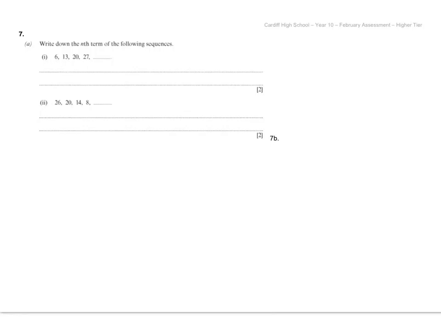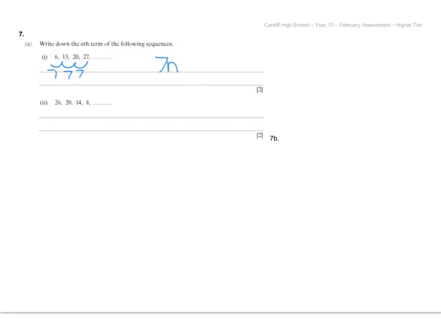Okay, here we're trying to write down the nth term of the sequence. So we can see that it's 6 to 13 is 7, 13 to 20 is 7, and 20 to 27 is 7. So we definitely know the common difference is 7. So we've got 7n. Then thinking about the 7 times table, if we just had this as our formula, it